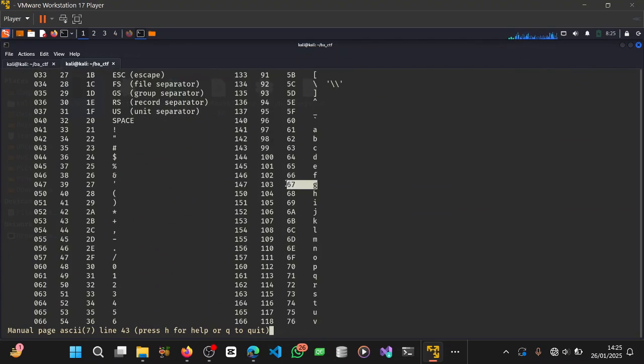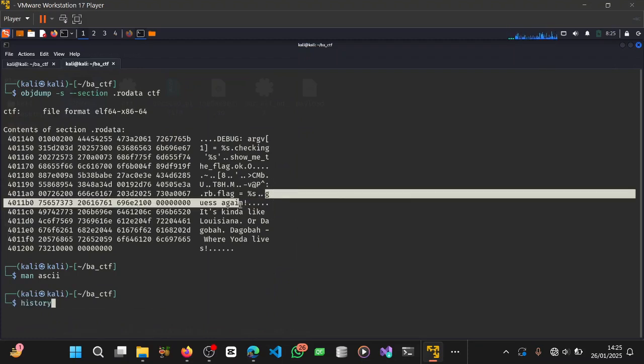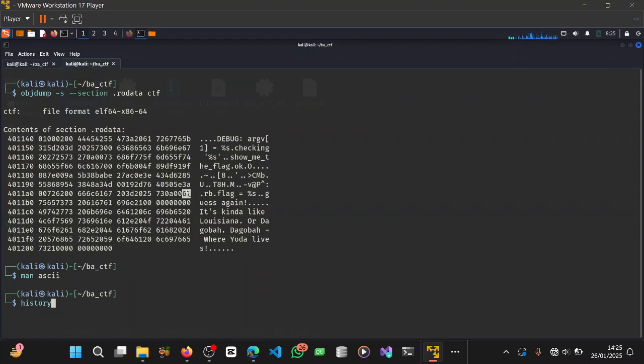G here is 67 in hexadecimal. All right, so let's compare it here. Since "guess again" starts from this place here, this is where the first letter G starts from. So we'll now count 1, 2, 3, 4, 5, 6, 7, 8, 9, 10, A, B, C, D, E, and F. That means the starting point of that "guess again" is